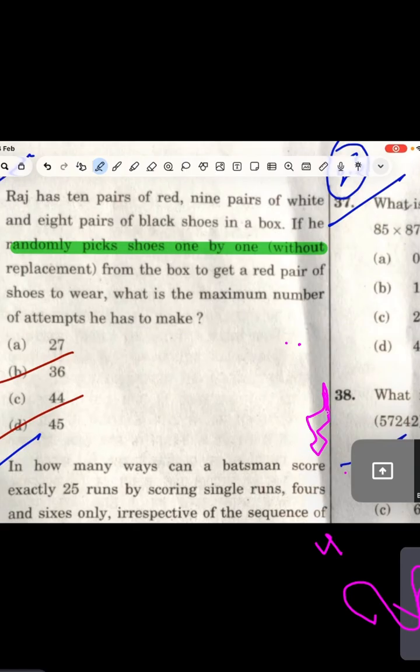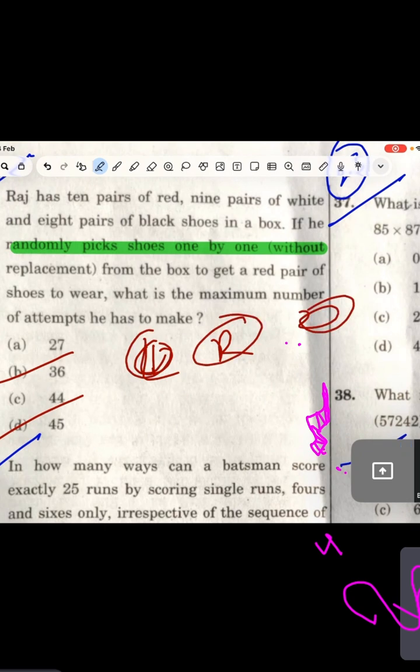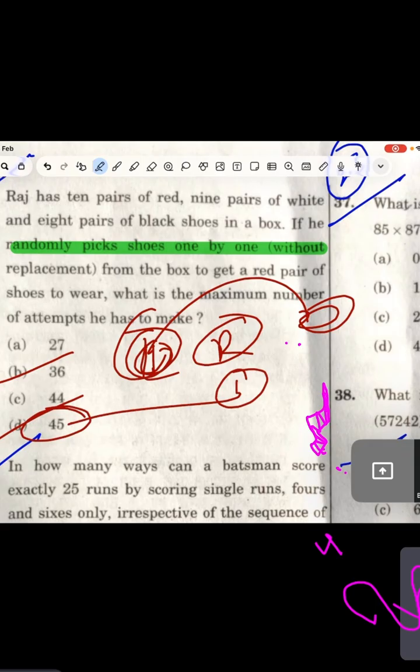Here, if you are taking out 36, you will take out all left shoes which you can't wear, right? Because we have a left and a right side, Priyal, na? You wear the slipper, right? So see, left and right, Priyal. So suppose out of 20 we have taken only left side. Then I cannot wear them. Now we need one more. So it is 45 actually. See, they have caught you. They have given 36. I think most of the people will get confused. I'm sure about that. Bhagya, any doubt?